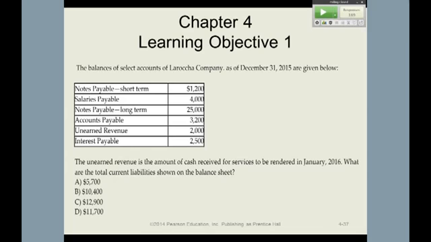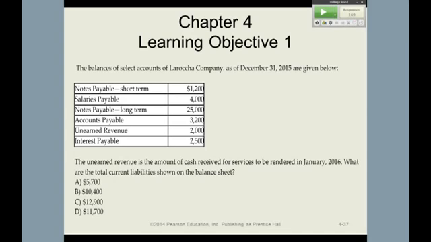So make sure you can do a problem like this, and these are the types of computations. That's why you don't have calculators. These are the types of calculations you have in the exam. Okay, so just take the total, subtract out the long term of $25,000, and you would have the amount of the current liabilities.